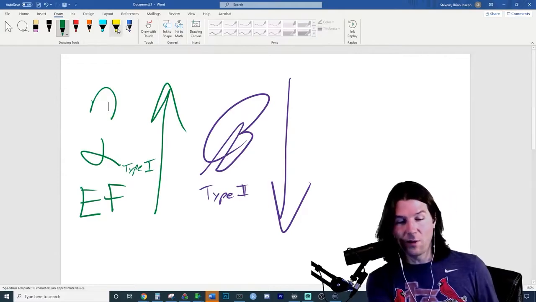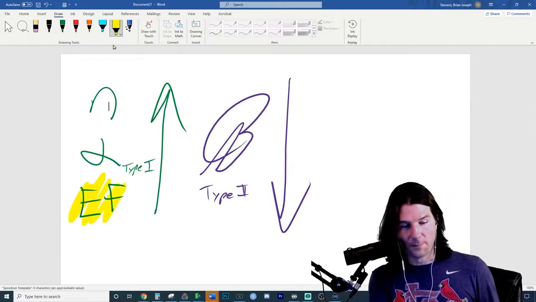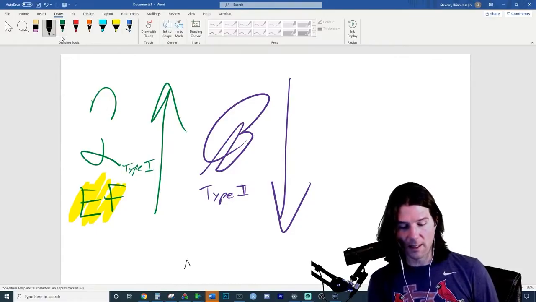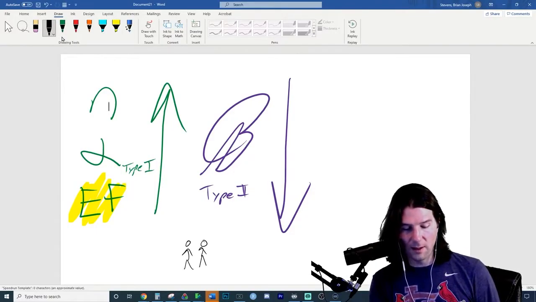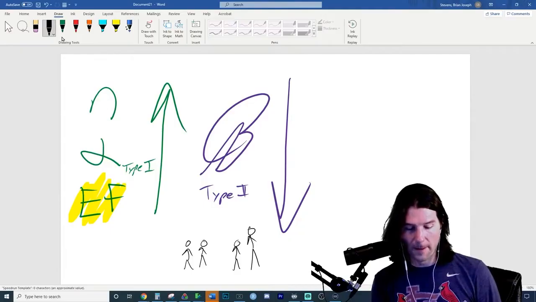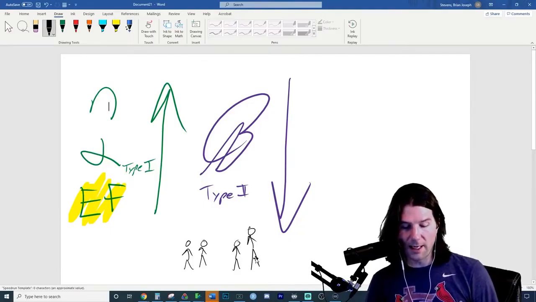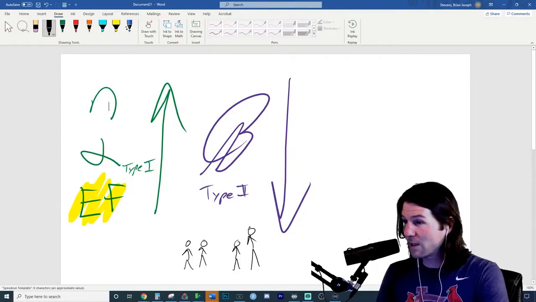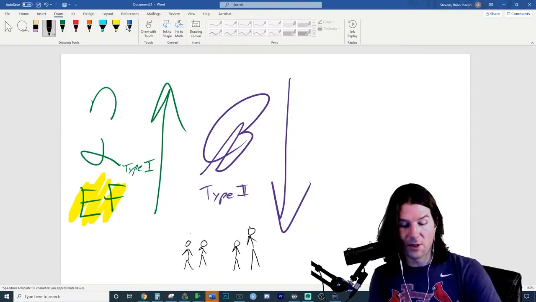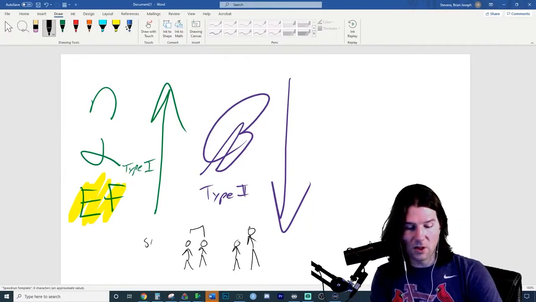Effect size, I think, is the confusing one, but I like to do an example where I play basketball against my brother. So there's me and my brother. He might be a tiny bit taller than me. Or I play basketball, me versus my friend LeBron over here. So there's LeBron right there. There's Brian. And when we think about the effect size, Brian versus Darren is going to be a small effect size, like a small observed difference. And this is going to be a large effect size.